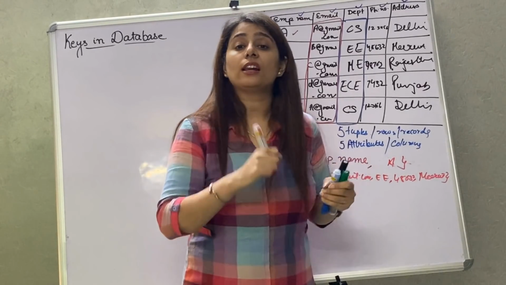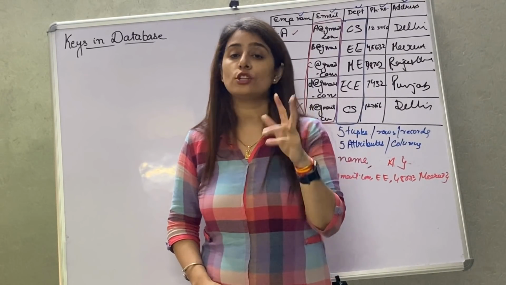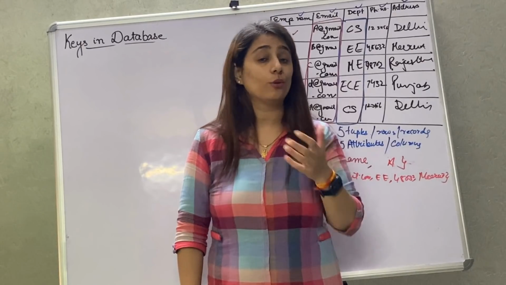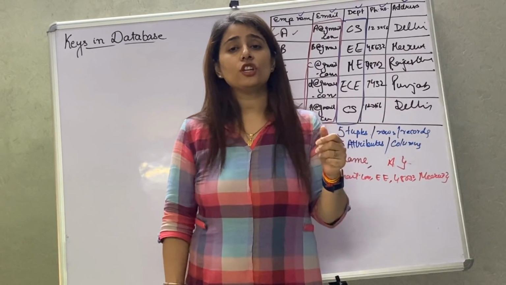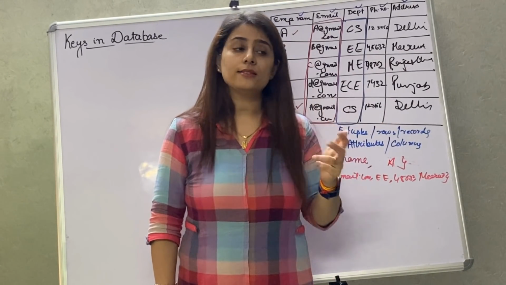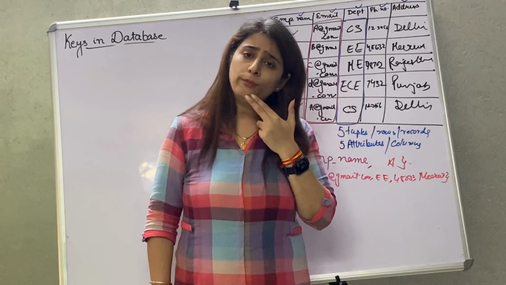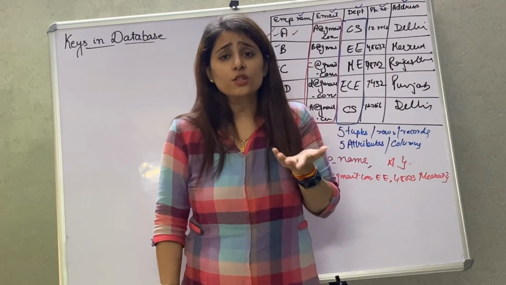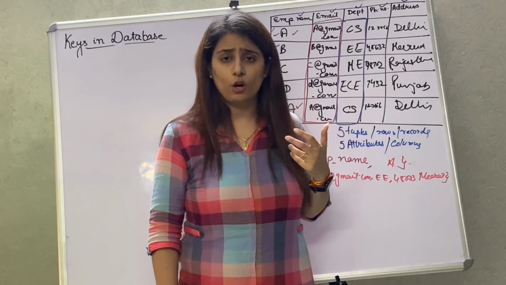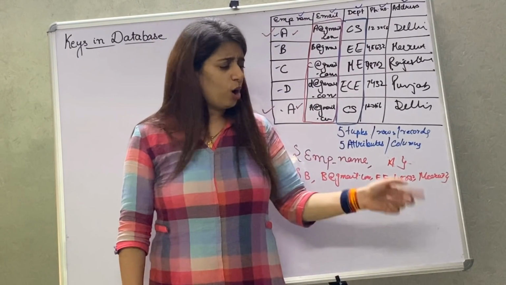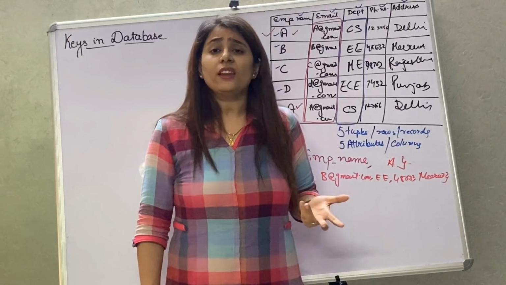In the classroom also, suppose a teacher is asking questions. Suppose there are two students of the same name, like Tanav, you can say that. So there are two persons who have the same name. When you ask the question, you simply say, Tanav, get up, answer me. Both students will think, to whom is ma'am asking, who has to answer, because my name is also Tanav and his name is also Tanav. So both will stand up. Then ma'am will say, oh, I didn't ask you, you sit down, you Tanav, you tell me. So there is a confusion.